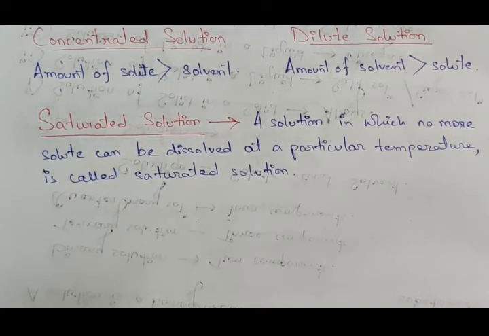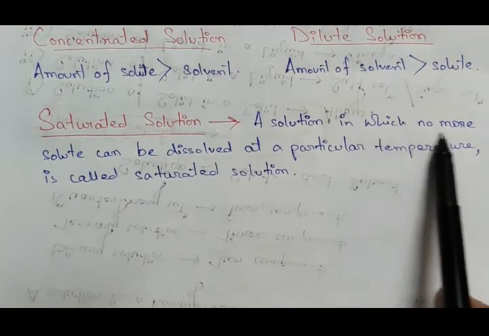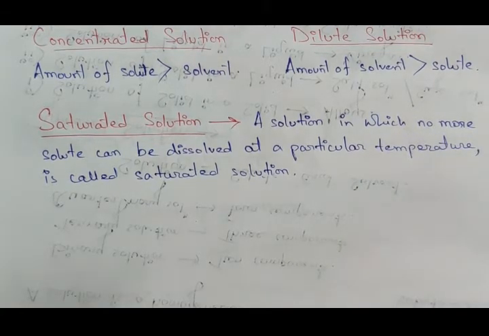Clear? So it is obvious that a saturated solution contains a greater amount of solute than an unsaturated solution. So what is the unsaturated solution then? Here it is just the opposite of the saturated solution. Here we have said that no more solute can be dissolved. In the case of the unsaturated solution, it is a solution in which more quantity of the solute can be dissolved without